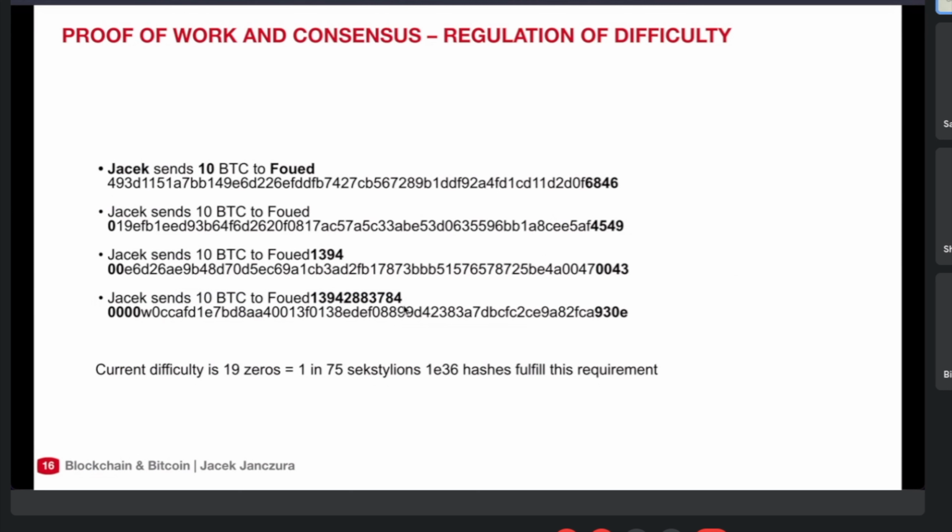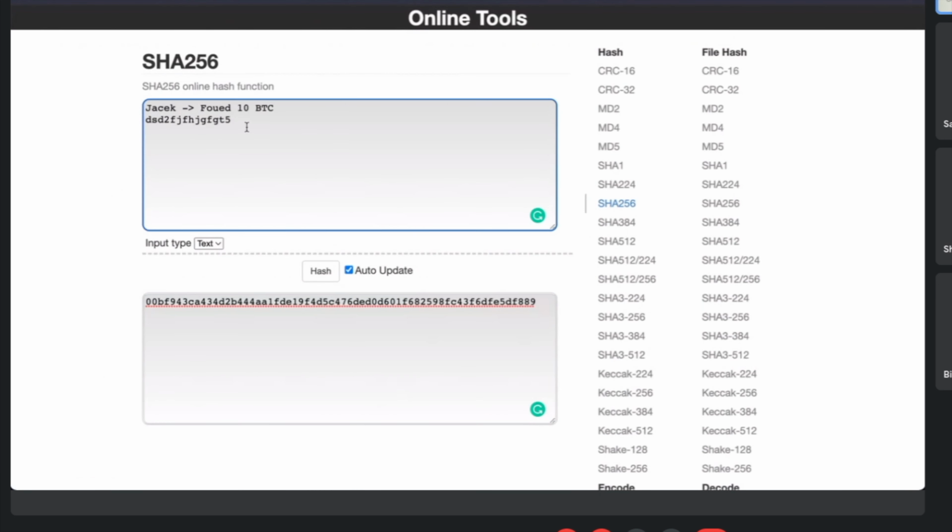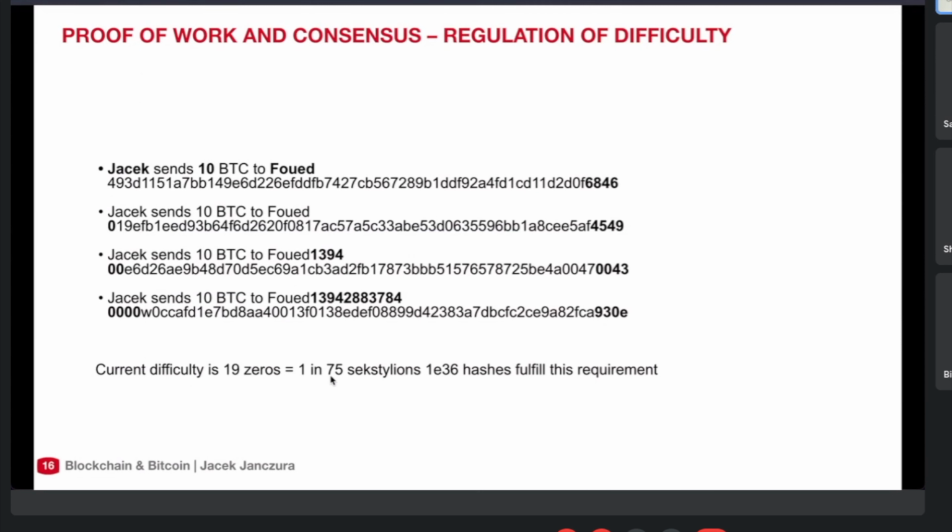And the probability that I find, with this string, whatever we add to this transaction, 19 zeros at the beginning, is 1 in 75 sextillions, which is 10 to the power of 36, which means you need lots of power, lots of hashes, lots of tries to find this